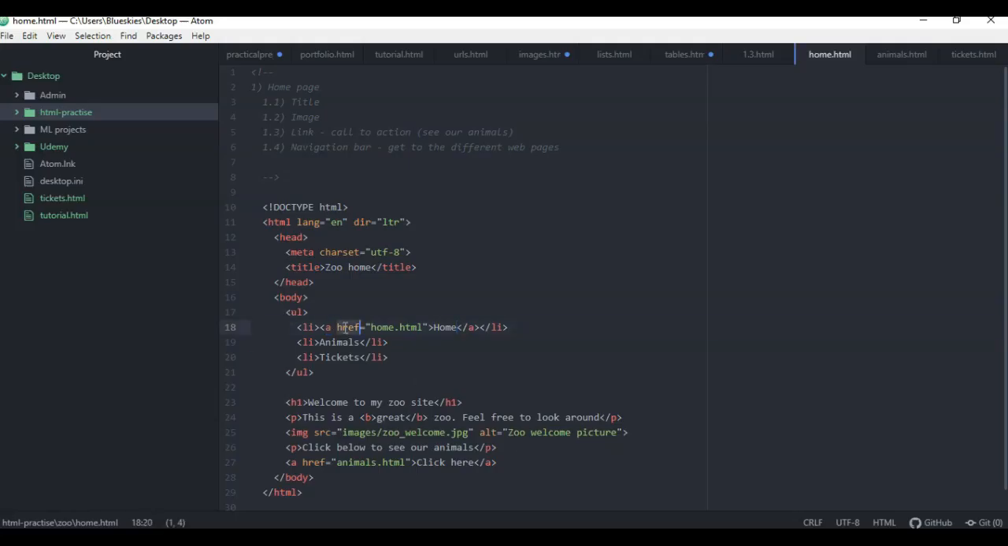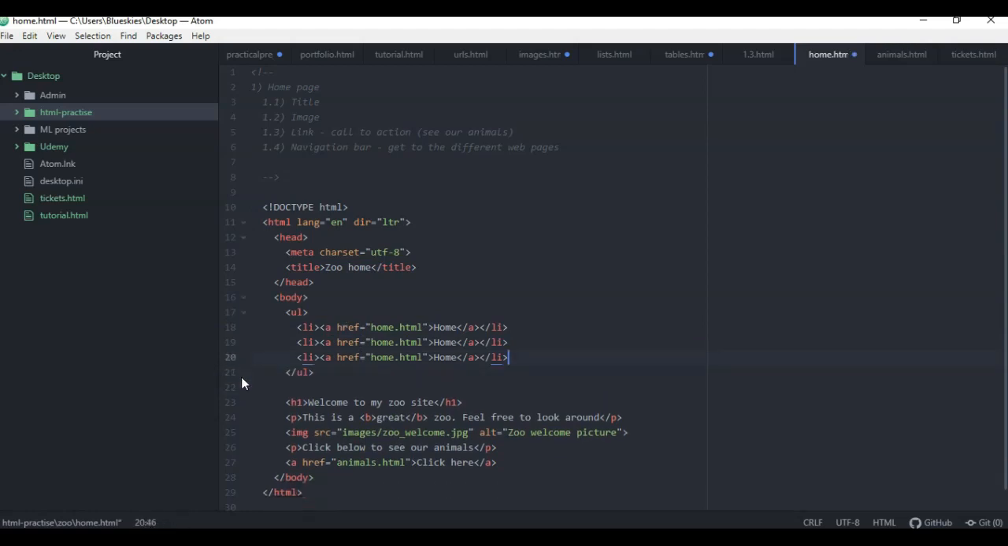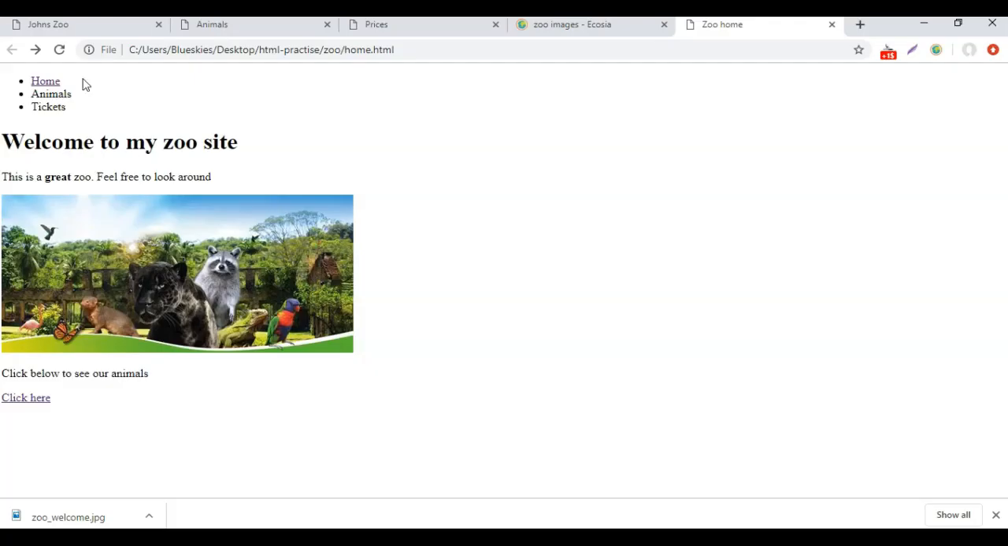So let's try this again. For ease, I'm just going to do this. I'm going to change this to animals. I'm going to change this to tickets.html. So now we're going to be navigating to the 3 different pages. I'm going to change this one to our animals and tickets. Perfect. Now we go back to here, refresh, and now if we go on to our animals,